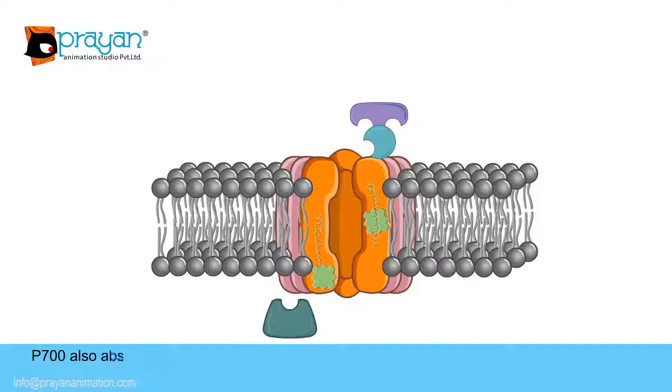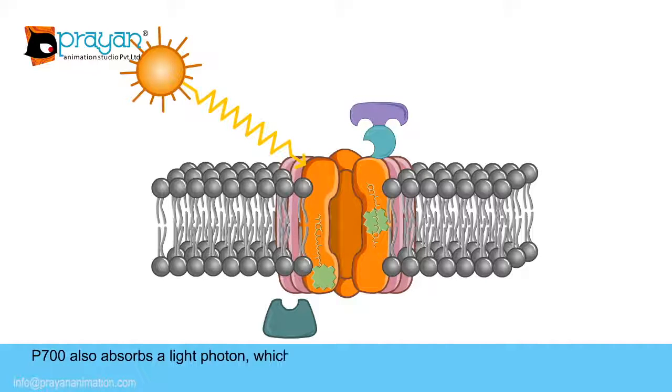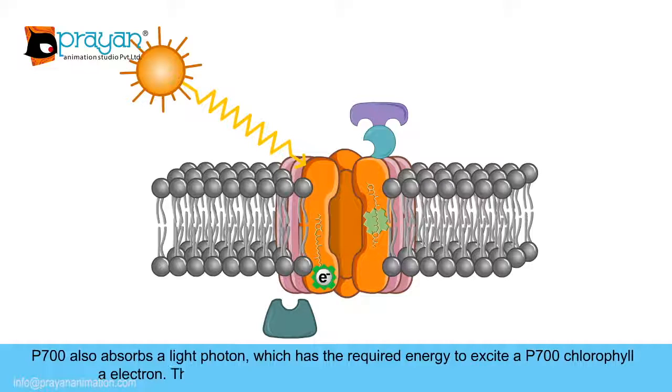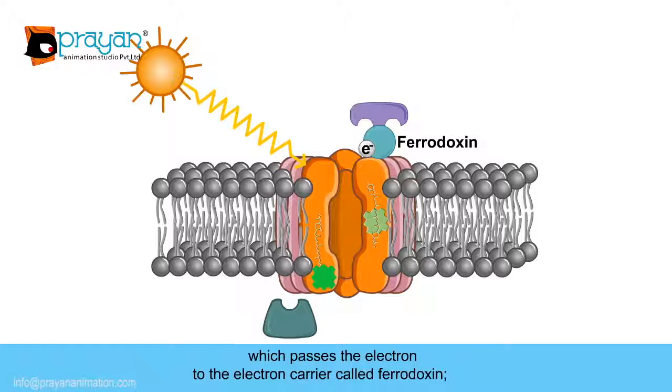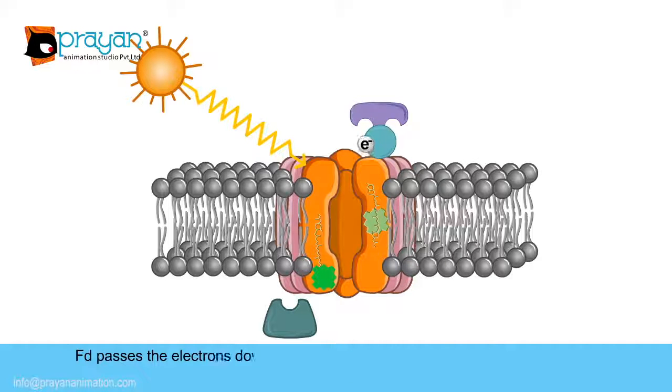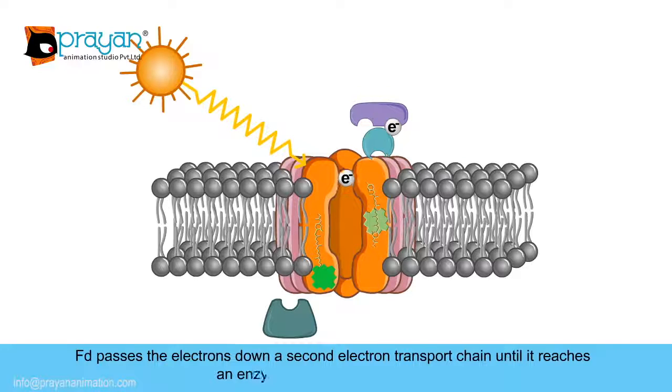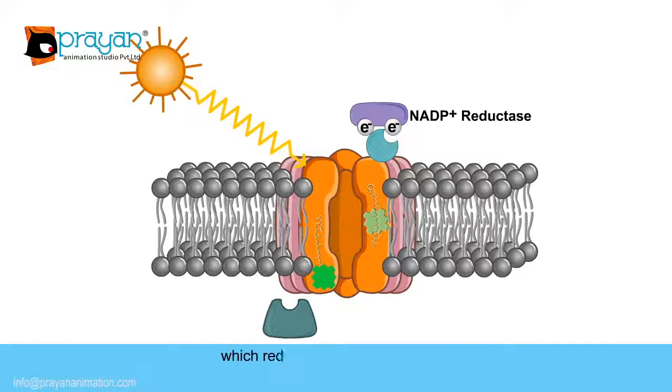P700 also absorbs a light photon, which has the required energy to excite a P700 chlorophyll A electron. This electron gets accepted by the primary electron acceptor, which passes the electron to the electron carrier called ferredoxin, Fd. Fd passes the electrons down a second electron transport chain until it reaches an enzyme called NADP+ reductase, which reduces